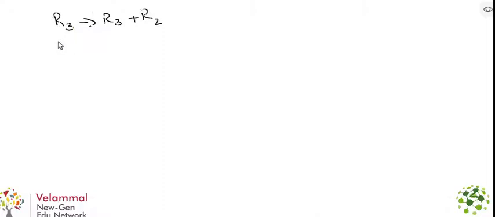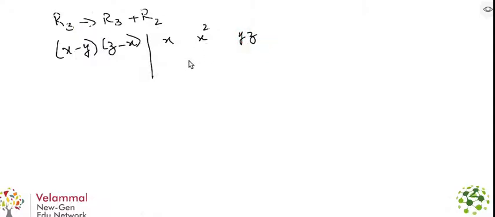So when I apply that, already x minus y was there, z minus x was there. First row is written as it is, x, x², yz. Second row is as it is because I am only changing the third row. And the last row becomes